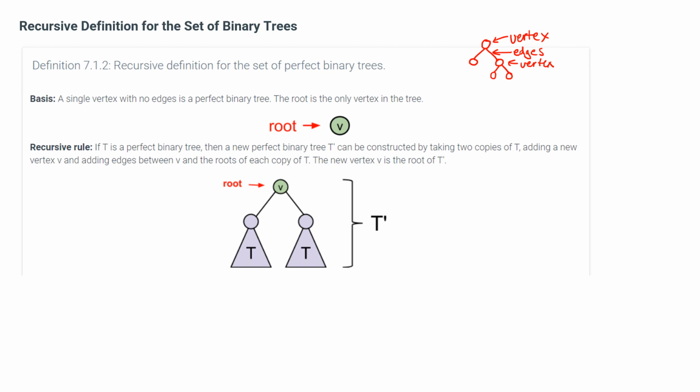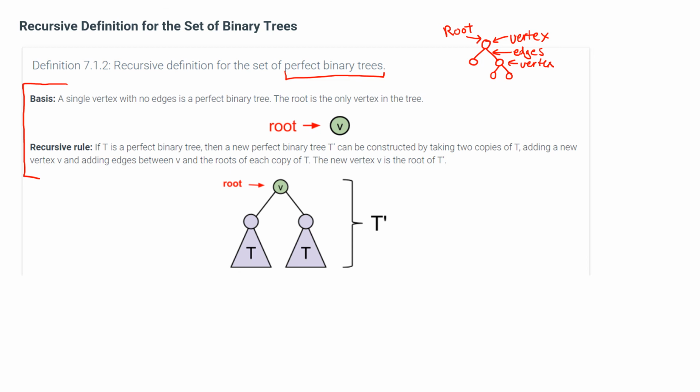But we're going to find that it's not an example of a perfect binary tree, because we're going to find out those trees that can be created just using these rules here. Okay, so first of all, the basis of this recursive definition is a single vertex with no edges is a perfect binary tree. So just one little vertex. I forgot to say that the very top vertex is called the root. Okay, so one little vertex with just the vertex being its root